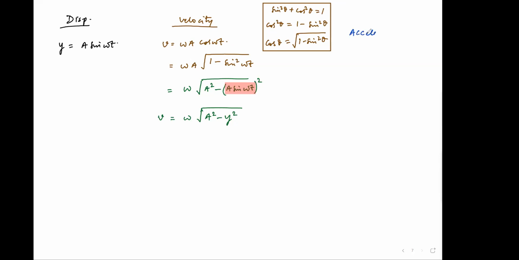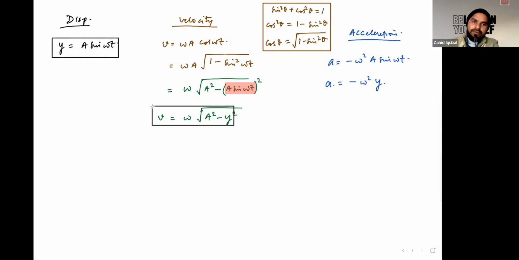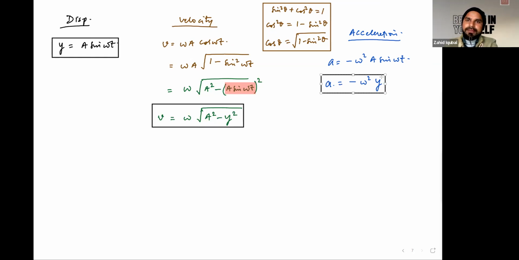Next is acceleration. As acceleration is minus of omega square A sine of omega t, and A times sine omega t is y, so it will be minus of omega square y. Now we have just derived velocity and acceleration in terms of displacement. So from this part, we can say first,